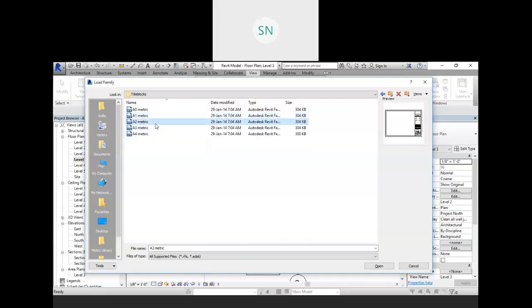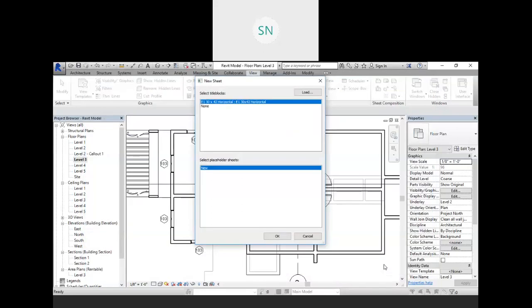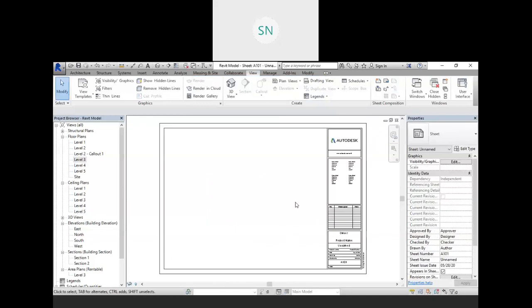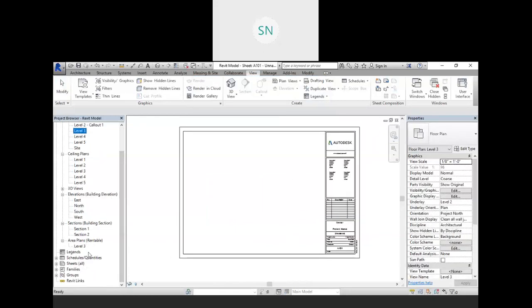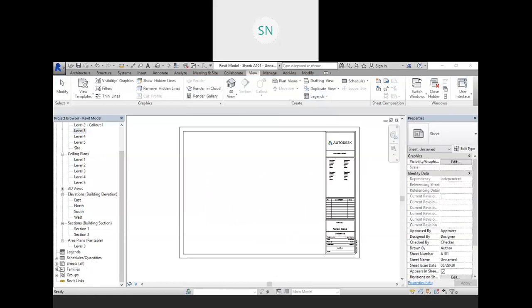Let me grab this A2 size, click on open, and it is here. Then click on OK. So now it is in your drawing. You will get one sheets folder over here, and here we have the A101 sheet.